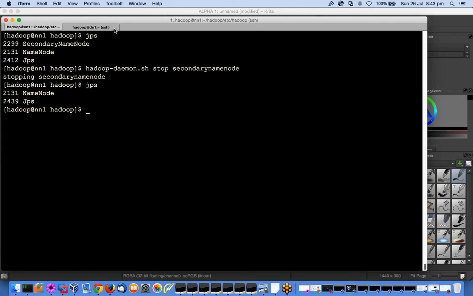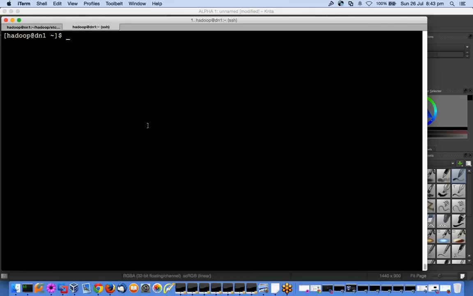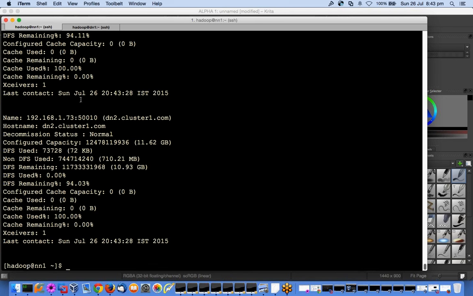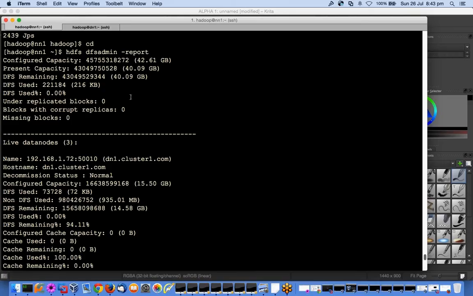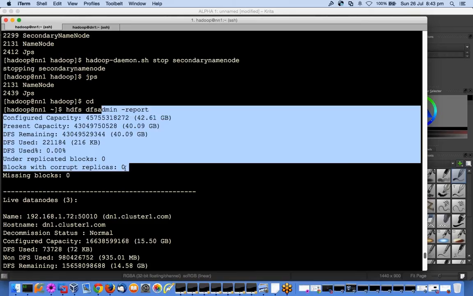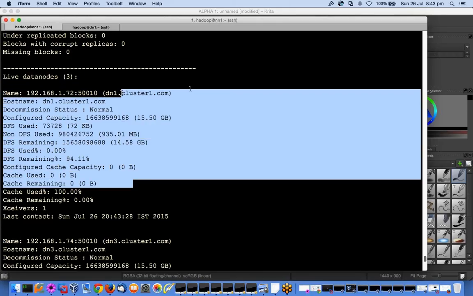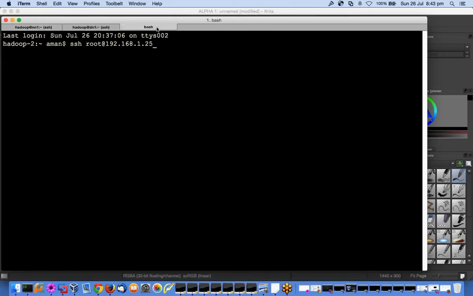Right? So now I go to the data node, JPS, the data node is also up. I can do hdfs dfsadmin -report. So it is showing me 3 data nodes. Total capacity, live data nodes 3, showing me each data node's storage capacity. Right? So similarly, I will go to the job tracker now,